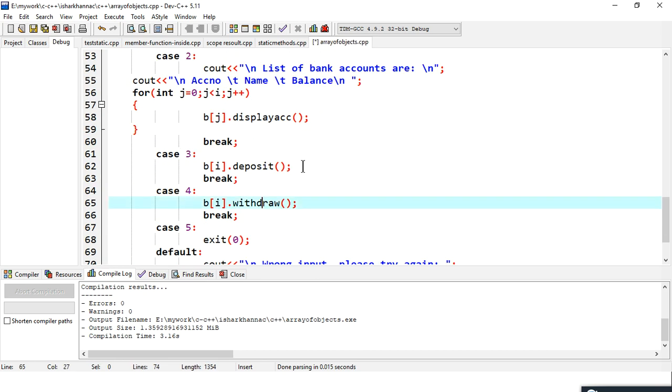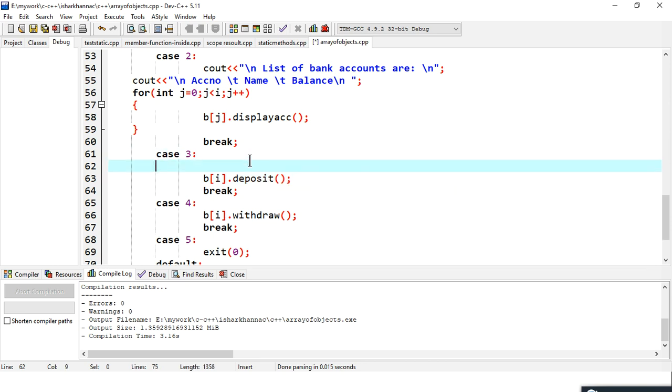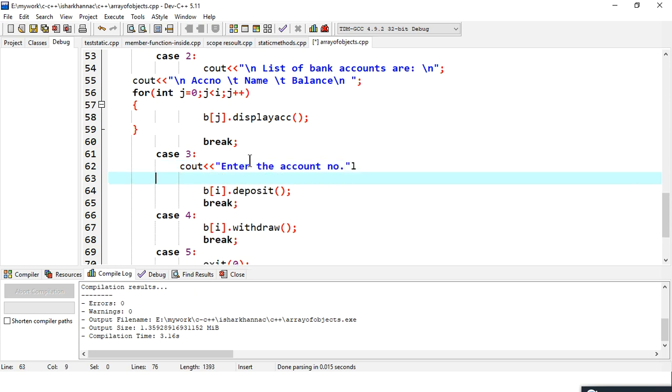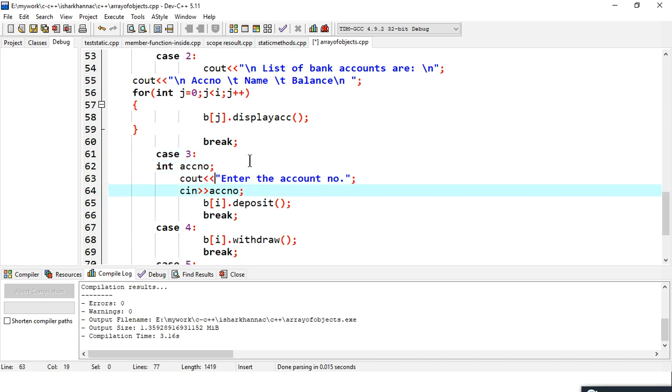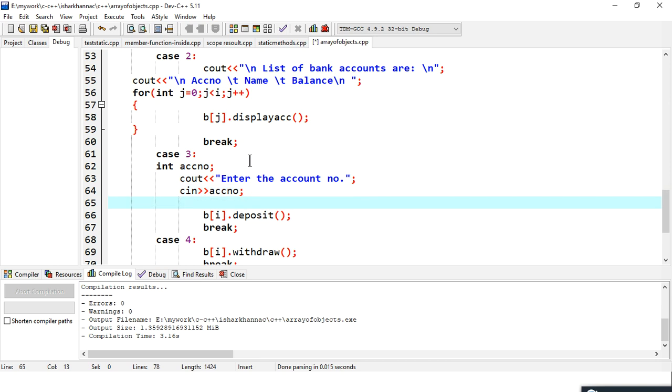Now for deposit and withdraw, before depositing we have to ask the account number from the user. So cout, enter the account number. In ACCNO, I'll declare a temporary variable ACCNO here. Now we'll see if this account exists or not. So we'll copy this loop